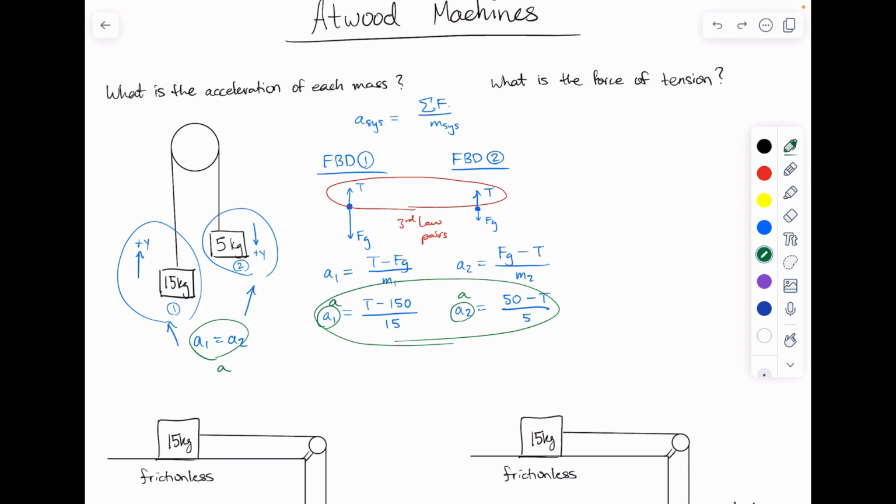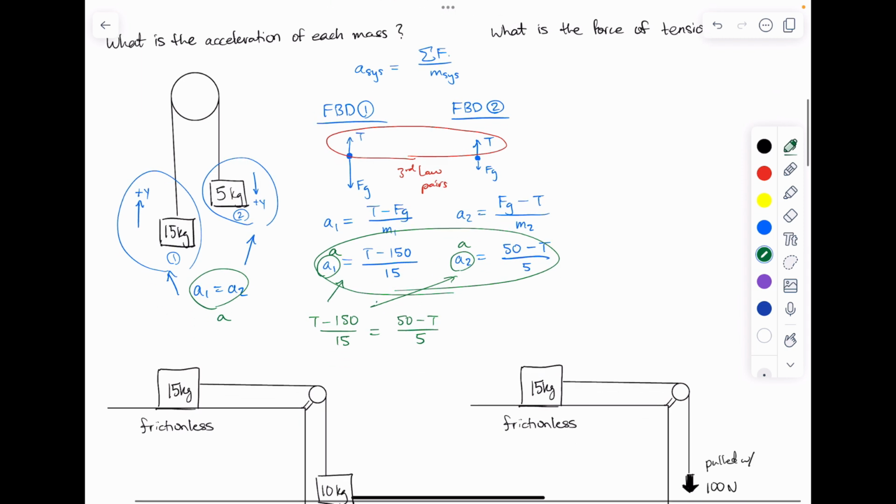Let's first solve for T, right? So what we can do is set both of these equal to each other, and we'll get (T minus 150) over 15 equals (50 minus T) over 5. And this will give us the magnitude of the tension force. So if I multiply both sides by 15,